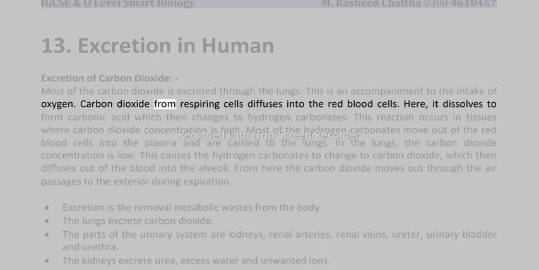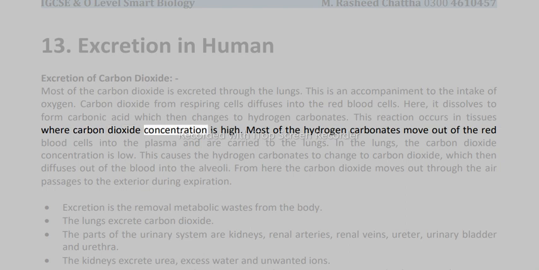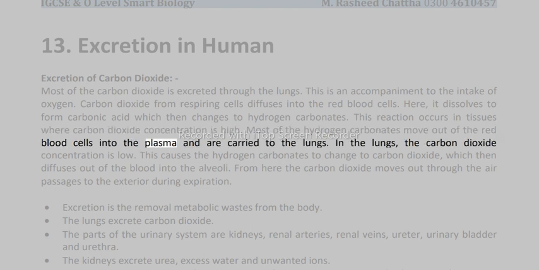Carbon dioxide from respiring cells diffuses into the red blood cells. Here, it dissolves to form carbonic acid, which then changes to hydrogen carbonates. This reaction occurs in tissues where carbon dioxide concentration is high. Most of the hydrogen carbonates move out of the red blood cells into the plasma and are carried to the